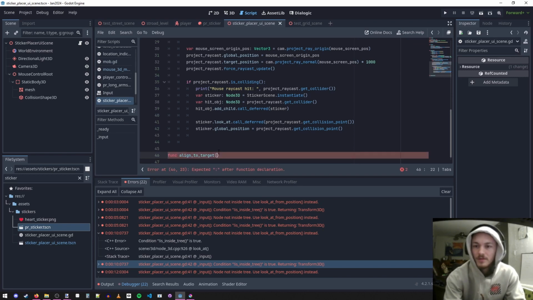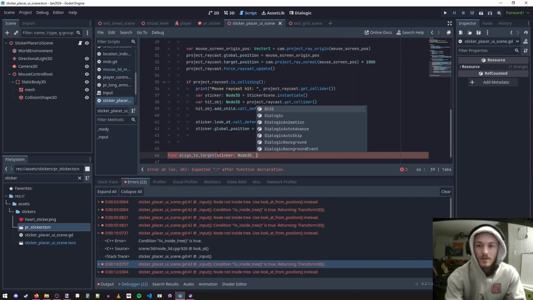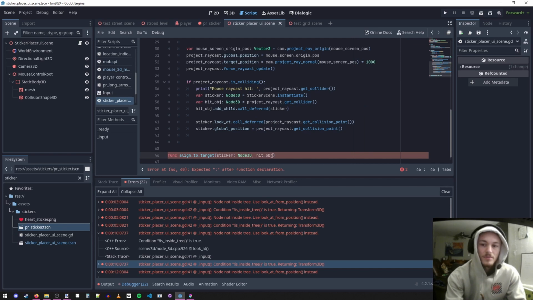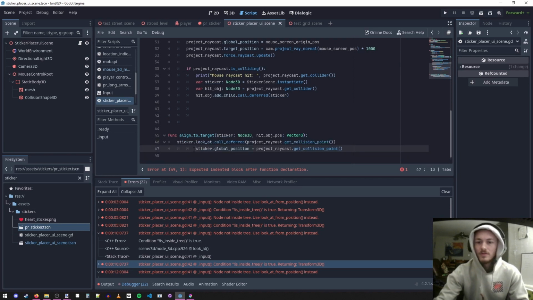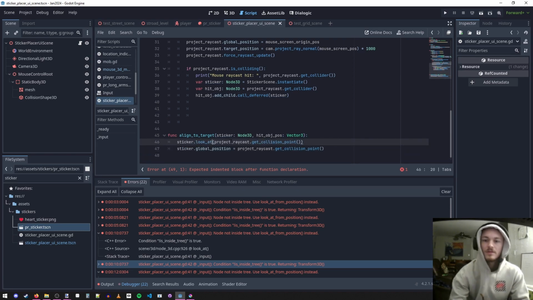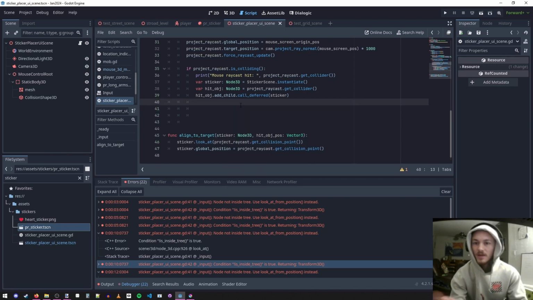And we will pass in our sticker, which is going to be node 3D, and our hit object. Well, we don't need it actually. Hit object position, which is a vector 3. And then we say this here. Boom. Don't need to call deferred anymore, because what we will do is we add the child, and then we